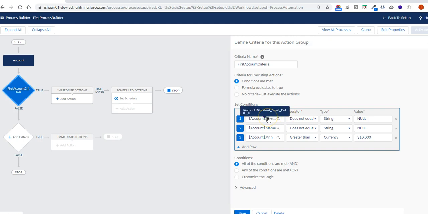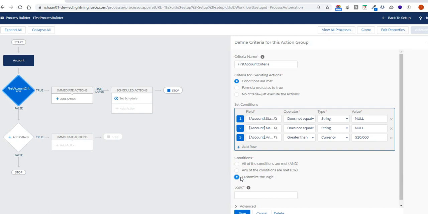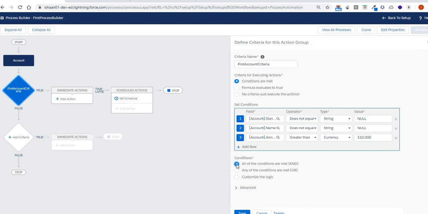So what are the conditions that we gave? The email field should not be equal to null, account name should not be equal to null, and the revenue is greater than $10,000. So we gave an AND condition in between. We can customize all the logic that we have, like we did in our workflows. We showed you the comparison of what we can do in here, right? And